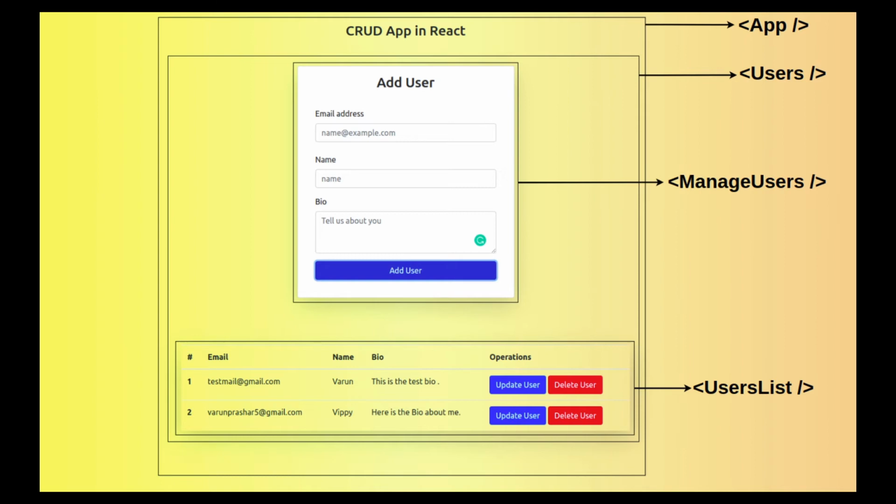The main idea is that we should first try to visualize the things that we are going to build. Once we have a plan, and we have our component tree ready, then we can move on to actual development of the application. So now let's look at the hierarchical view of this particular UI, or I mean to say the component tree of this particular application.